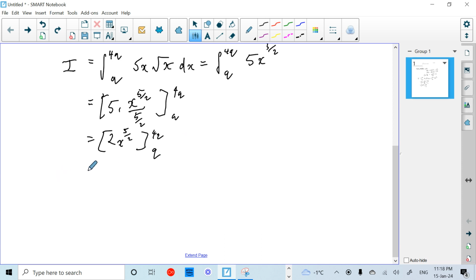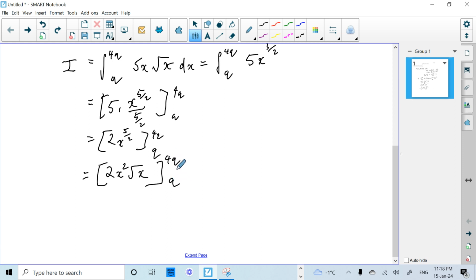And that gives us 2x squared times the root of x, again with our limits 4q and q. You can miss some of these steps out, but as a teacher I'm just showing you exactly what I'm doing. And that's going to be equal to